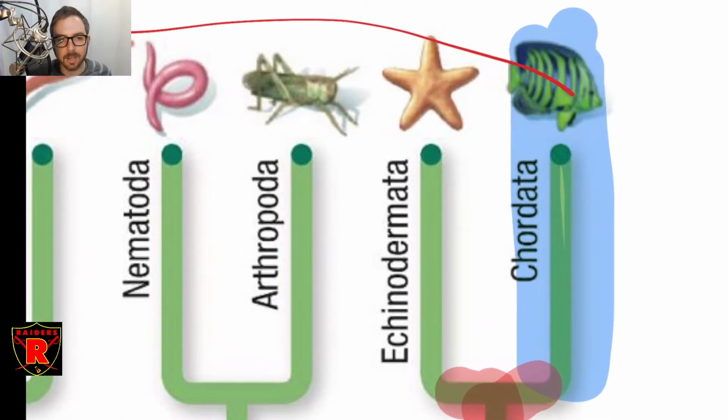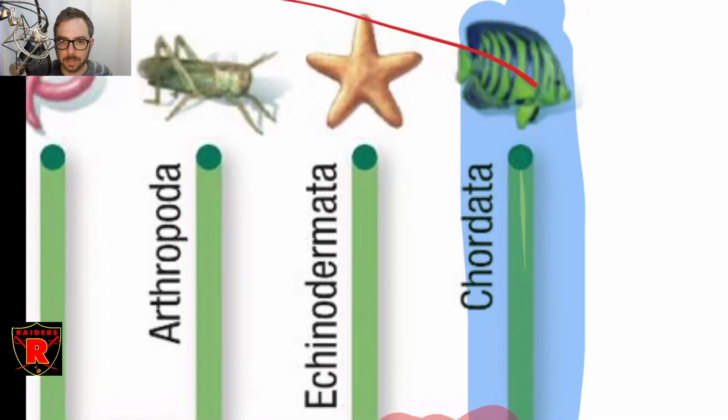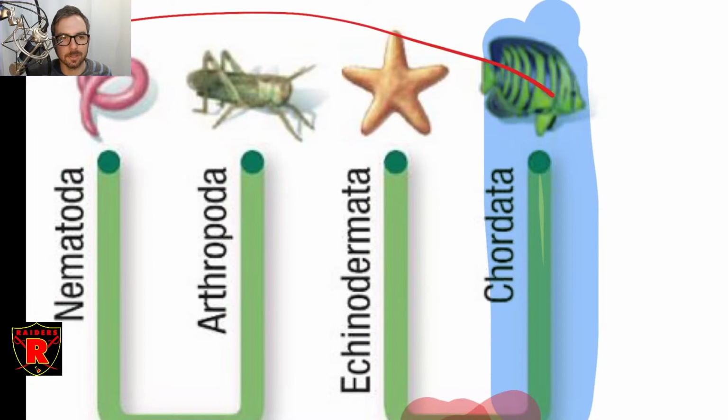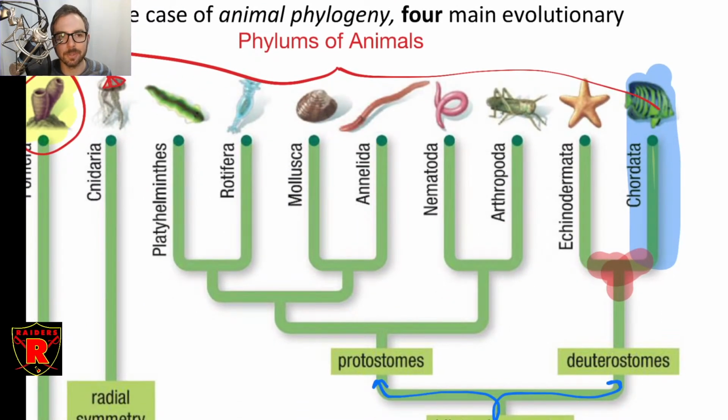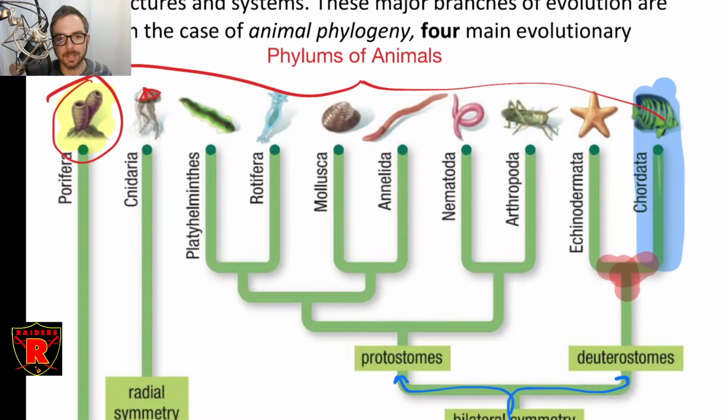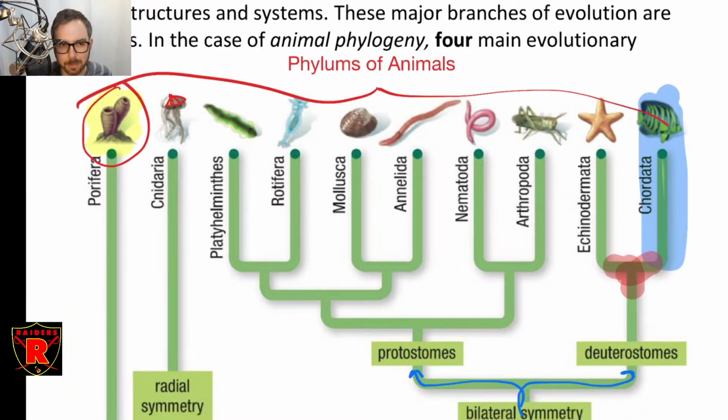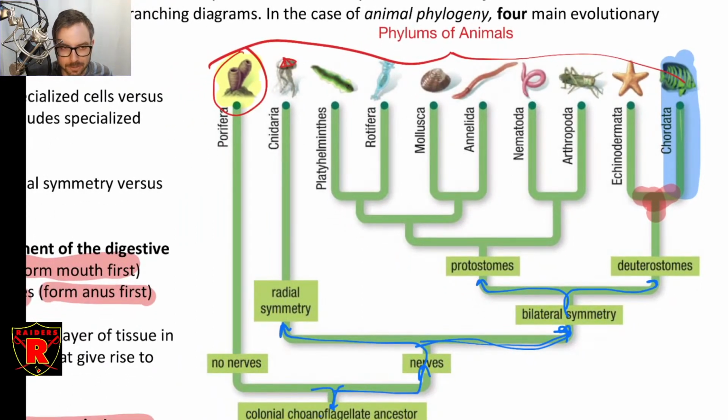Echinoderms are things like starfish, although there are various types of echinoderms. And chordates are the most recently evolved grouping here, things that have a spinal cord. Okay, those are the basic groups. Again, you don't really need to know them. I'm not going to quiz you and ask which 3 are phyla of animals. I'm not going to ask you that, although keep in mind that you have access to your notes during the quiz.